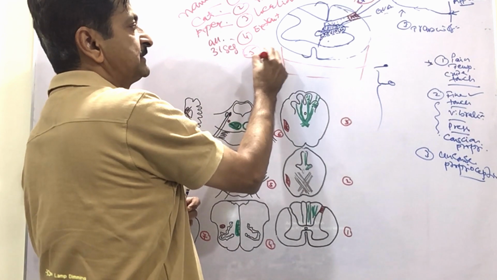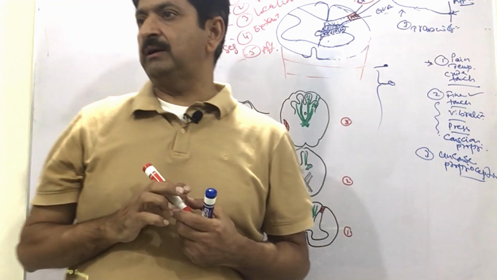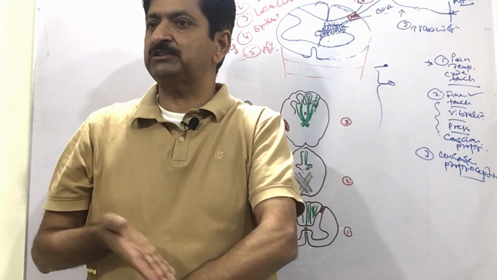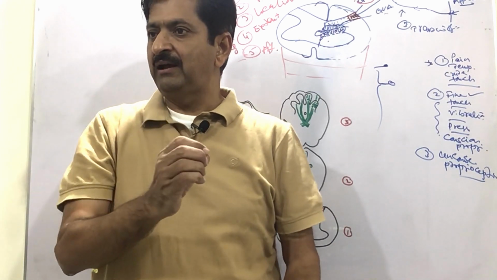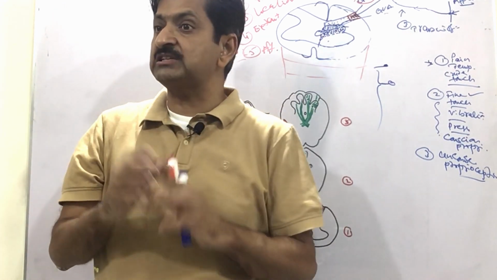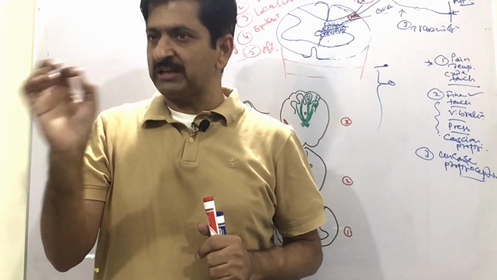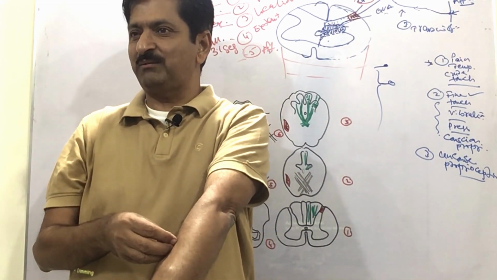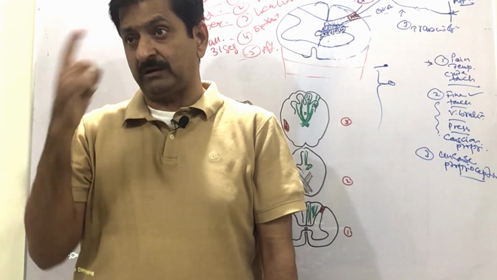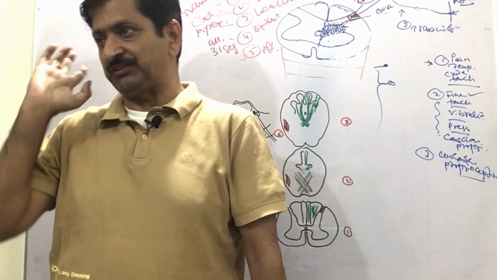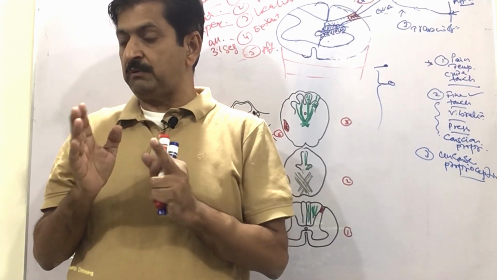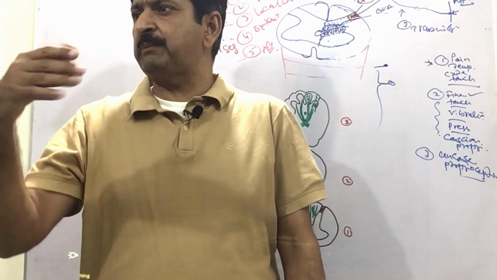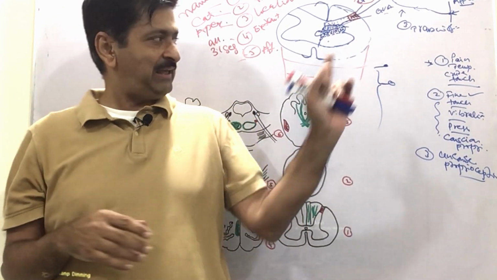Then fifth will be the afferents, from where its information comes. Its information comes from the receptors through the spinal nerves, and it is scanning the pain, the temperature and the crude touch sensory impulses, sensory modalities. But it is not just a sensation that has been felt. You cannot say it is carrying the pain, because it is reaching only the cord. Pain will be decided when the cerebral cortex or at least the thalamus receives it. The word pain will be labeled as pain when it reaches there. Here you say that these are sensory modalities which in future will be perceived as pain. But here it is not a pain.